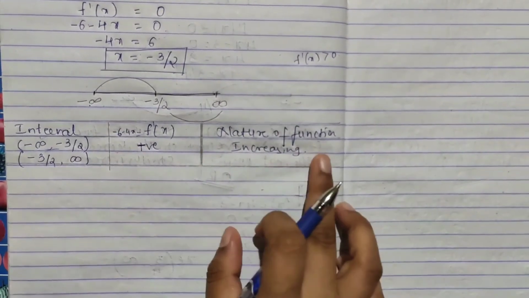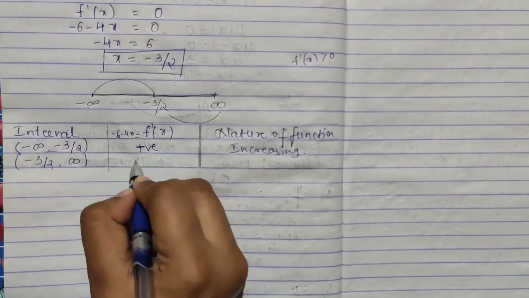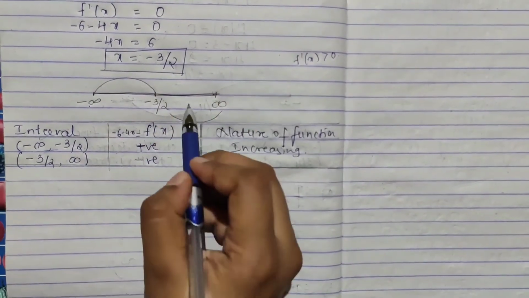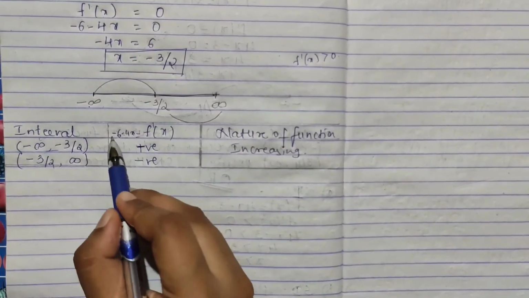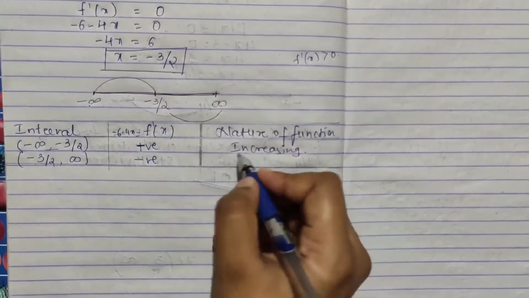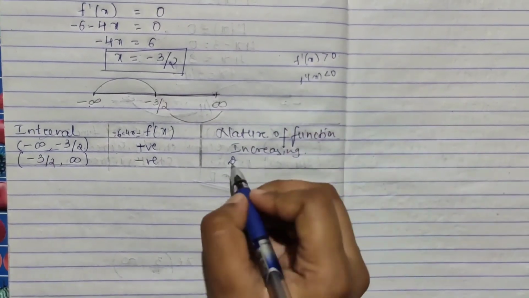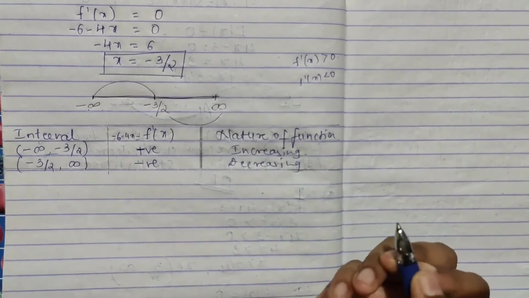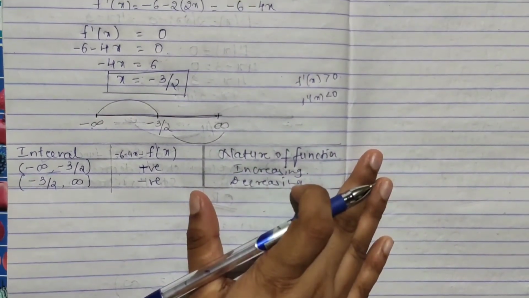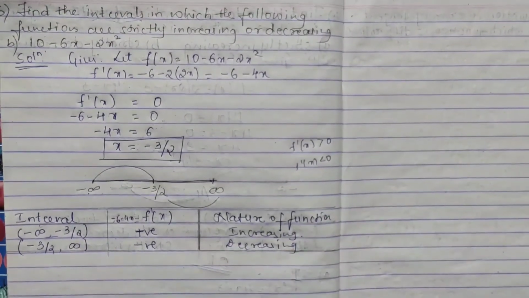Okay, it is increasing. And between these numbers, if you put in this, you will get negative. Between this you will get positive terms, so minus into plus into minus, you will get minus, and the answer also you will get in minus itself. So this f dash of x is less than 0, so it will be decreasing. In the same way you have to do all the problems of your sixth question.